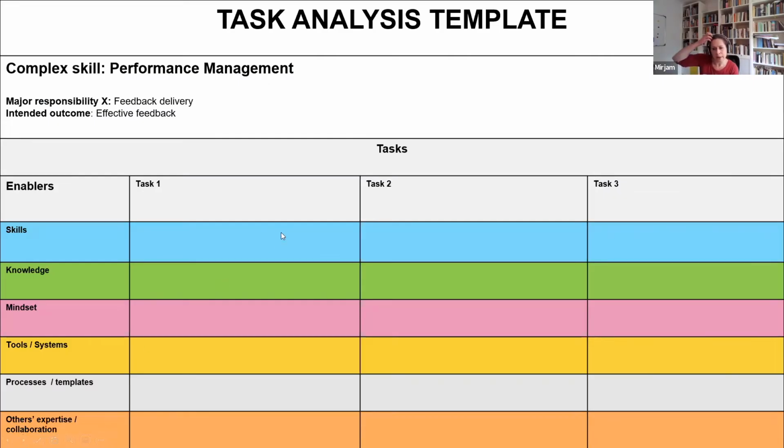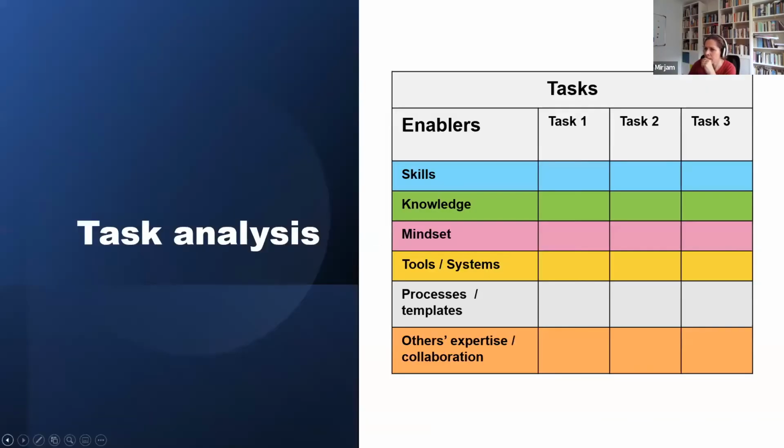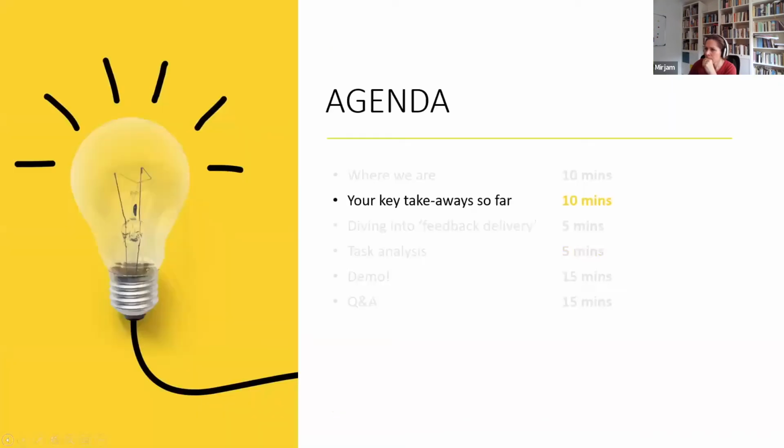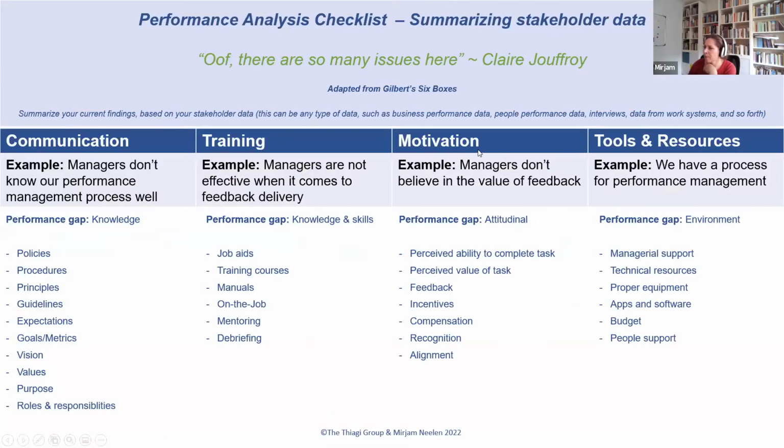So note that there's some overlap with Gilbert's boxes, as in there we also talk about things like knowledge and attitudes, like when we did the KSAs. Here you also see tools and resources, for example, and the KSAs that are under the boxes also have some overlap.